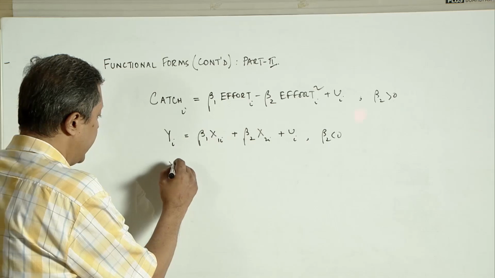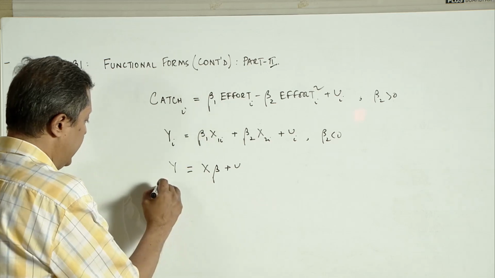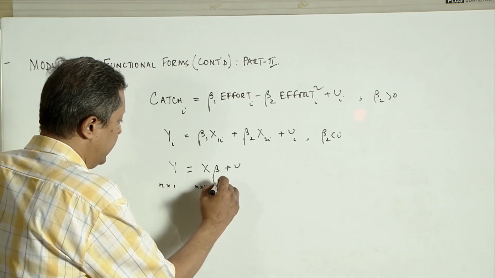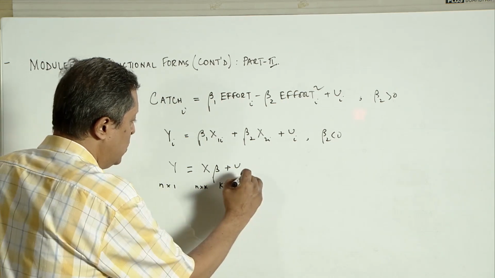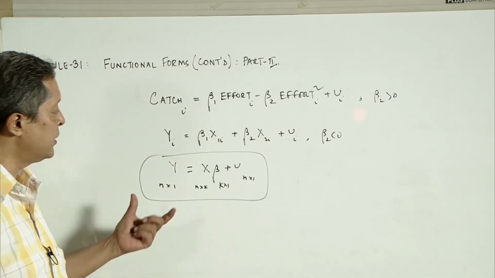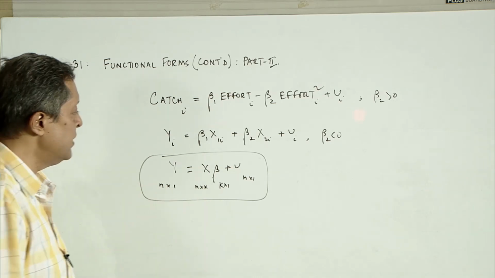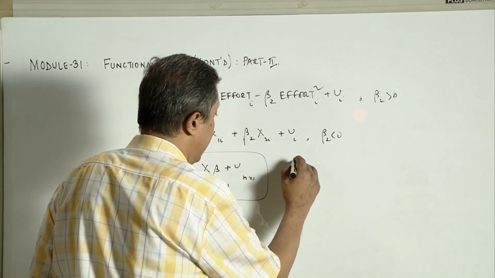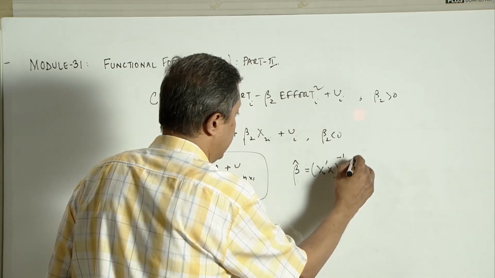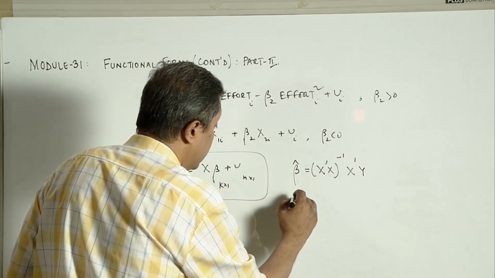This also follows the standard format y equal to x beta plus u, where y has n rows and 1 column, x again has n rows and k columns, beta has k rows and 1 column, and u is n cross 1. So, that is the generalized matrix formulation of a model even without an intercept. The only difference is this model will be estimated with beta hat as x prime x inverse x prime y, as explained earlier. The only thing is we cannot use the model